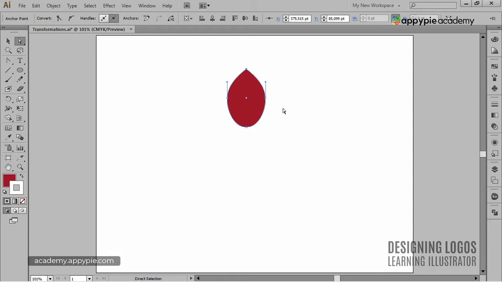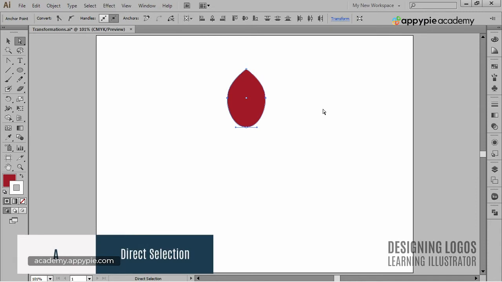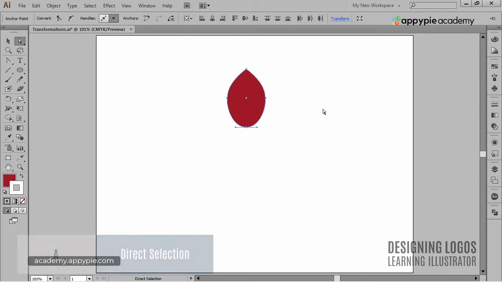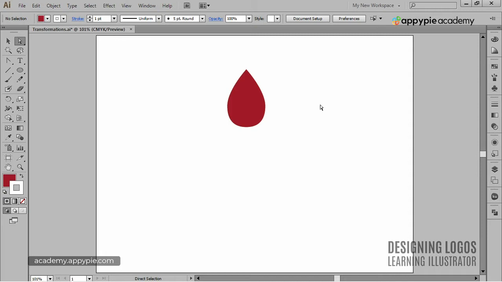Now with the direct selection tool, I'll select these two anchor points and simply with the down arrow on my keyboard I'll nudge them down a few times. So just like that, in a few simple steps, we created a nice looking petal which we will rotate right now. Rotation is a very cool thing in Illustrator, but you need to know how to tackle it the right